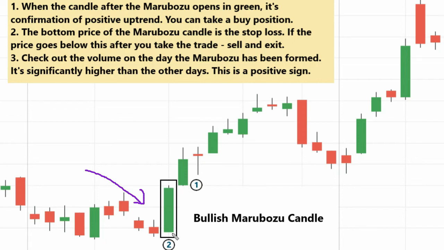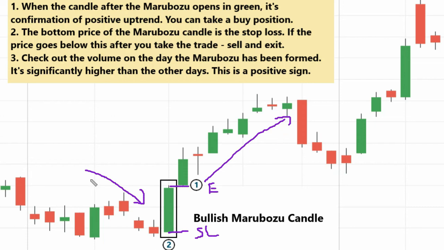So we will mark the high and low of the bullish Marubozu candle. The low will be our stop loss and the high will be our entry point. Whenever the high is broken, we can take the entry